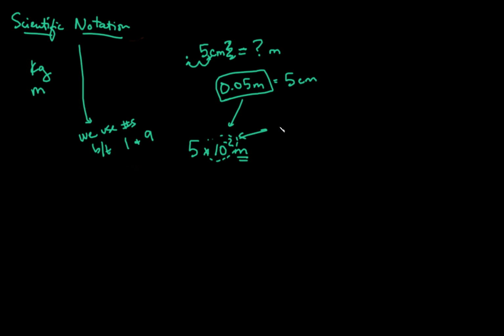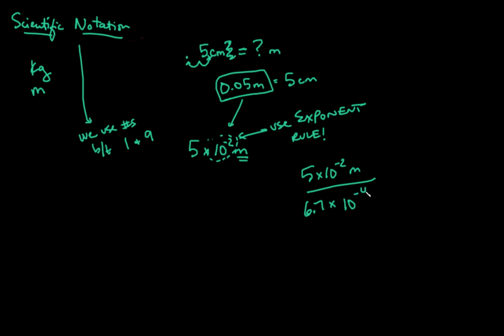So when you're dividing or multiplying these numbers, you're going to use exponent rules. If you don't know what these are, you need to come see me or Miss Drew to figure out how to do this. For example, if you had 5 times 10 to the -2 meters, and you had to divide that by 6.7, so that's between 1 and 9, times 10 to the -4 meters,